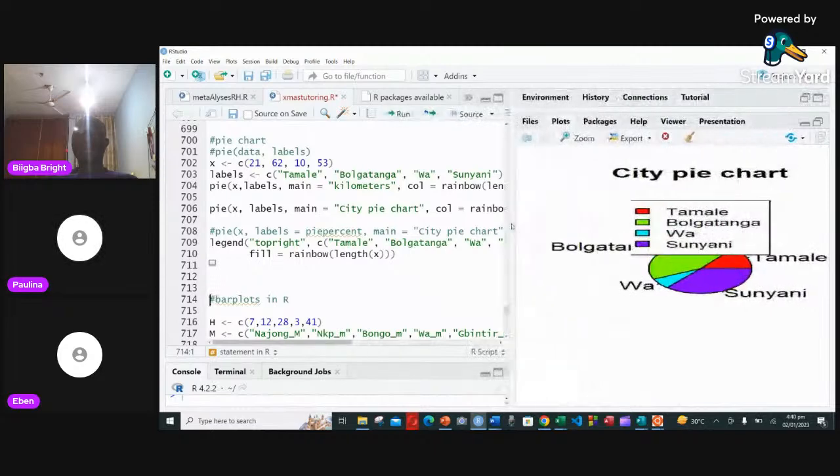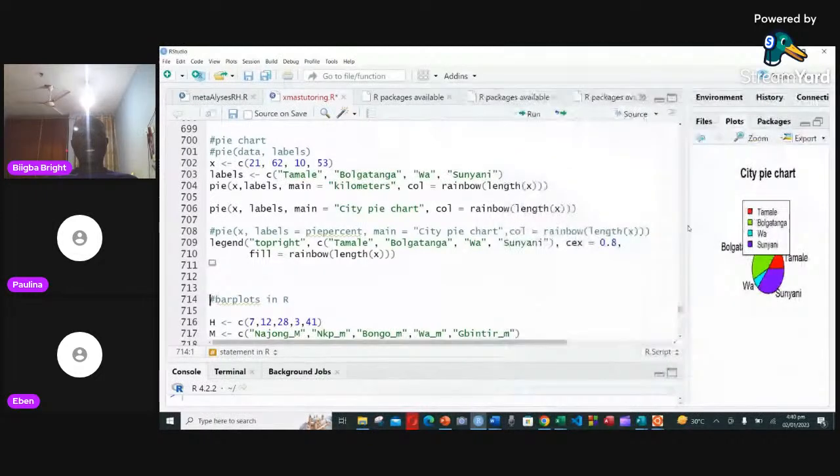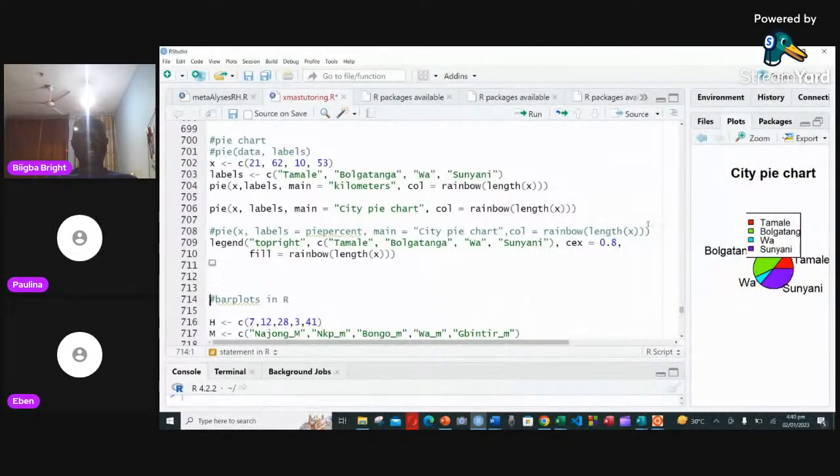Now, if you're having issues with the legend? Yeah. Okay, I'm saying that this is where we started from, to the labels, to the pie chart. Right after the pie charts, the next thing you need to follow with is legend. So I could actually come here and add a legend to it. So if I say legend,